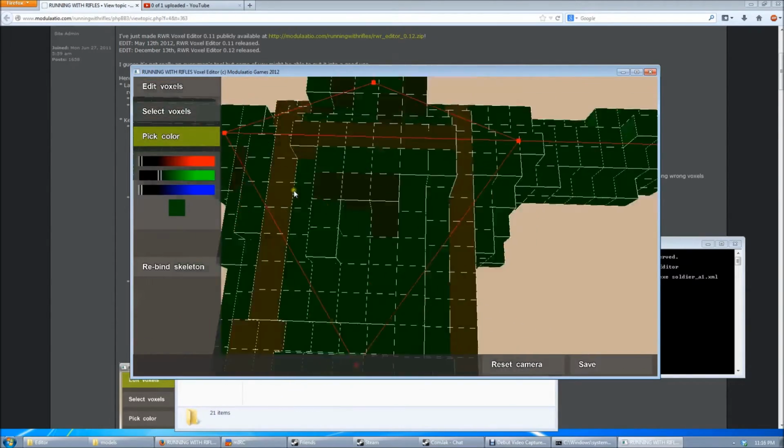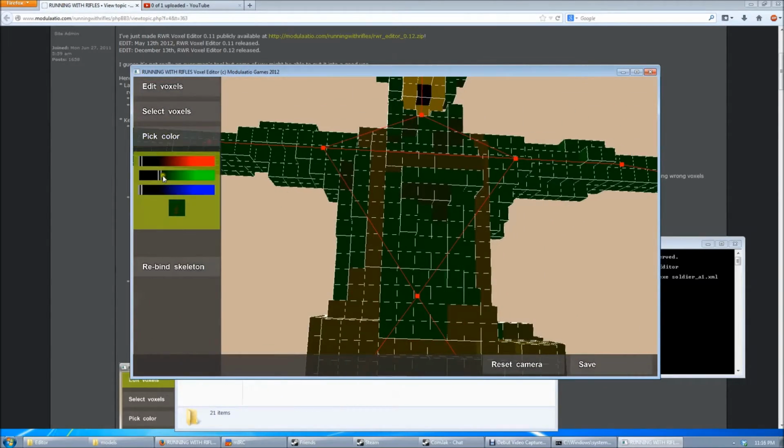But to actually edit a color, you click this button. Then if you run it over a color while holding down left mouse button, it will change that color. I'm going to go and